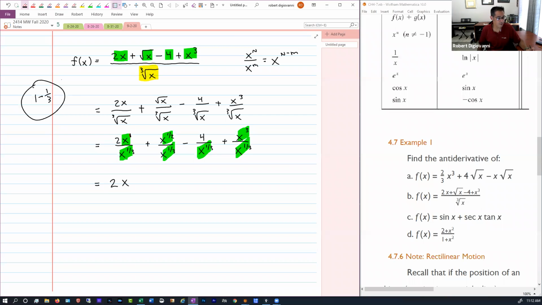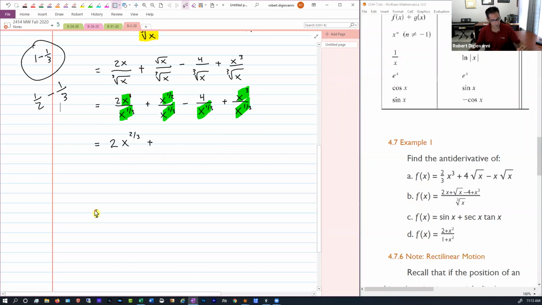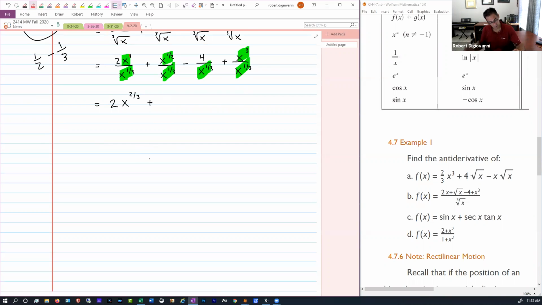Okay, so 1 minus 1/3, that's 2/3. And then plus, on the next one, I have to do a half minus a third. I'll show you all a quick trick on how you can add and subtract fractions real fast. All you have to do, let me put it down below this. If I have a fraction, let's say I'm adding or subtracting another fraction,